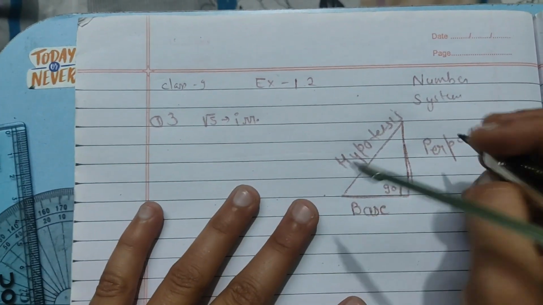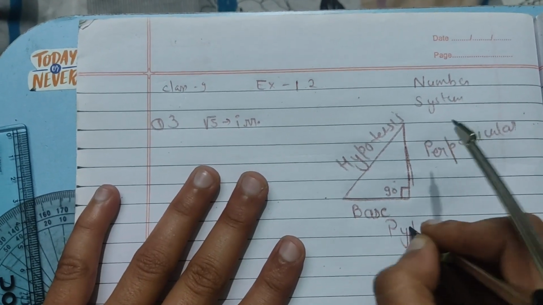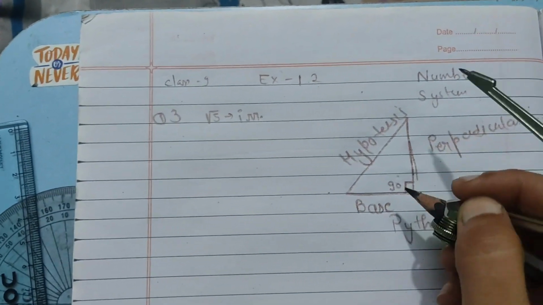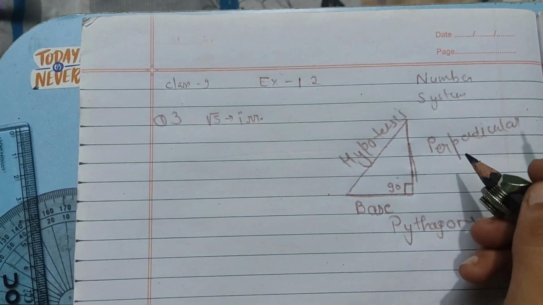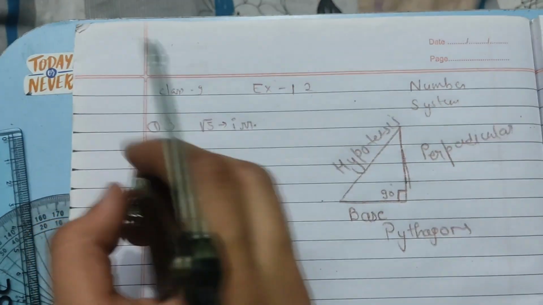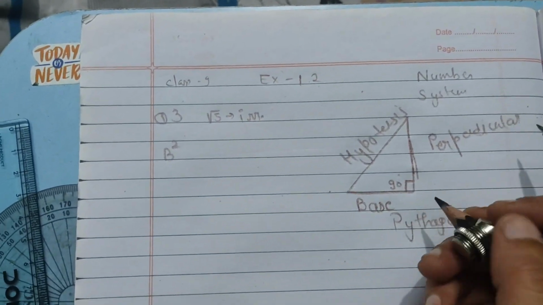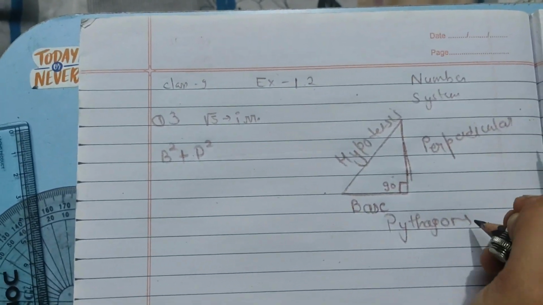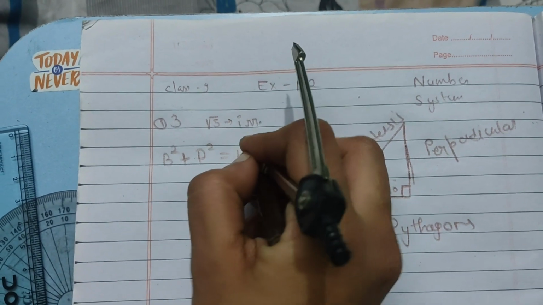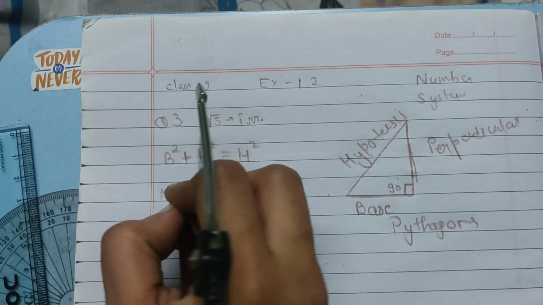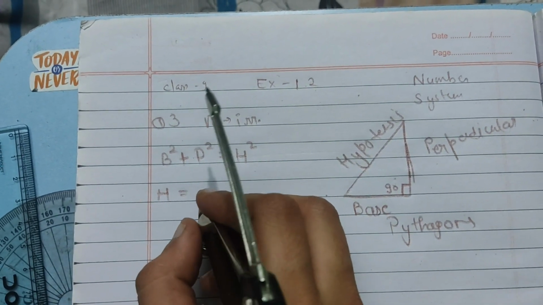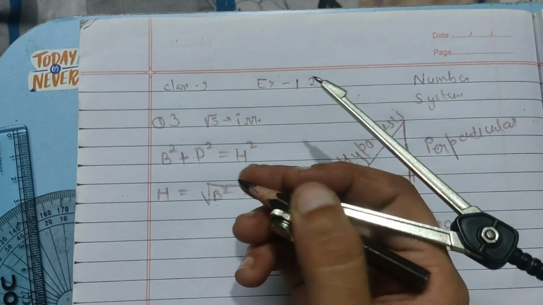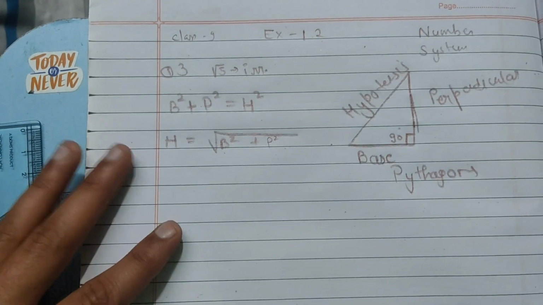तो पाइथागोरस थ्योरम क्या कहती है, हमारे पास एक थ्योरम है पाइथागोरस थ्योरम, वो हमसे क्या कहती है कि अगर आपके पास एक राइट एंगल ट्राइंगल है तो बेस स्क्वायर प्लस परपेंडिकुलर स्क्वायर इज इक्वल्स टू हाइपोटेनियस स्क्वायर। अब हाइपोटेनियस निकालनी हो तो ऐसे निकाल सकते हैं, अंडर रूट बी स्क्वायर प्लस पी स्क्वायर, ओके। सो ऐसे हम हाइपोटेनियस निकाल लेंगे, ठीक है।